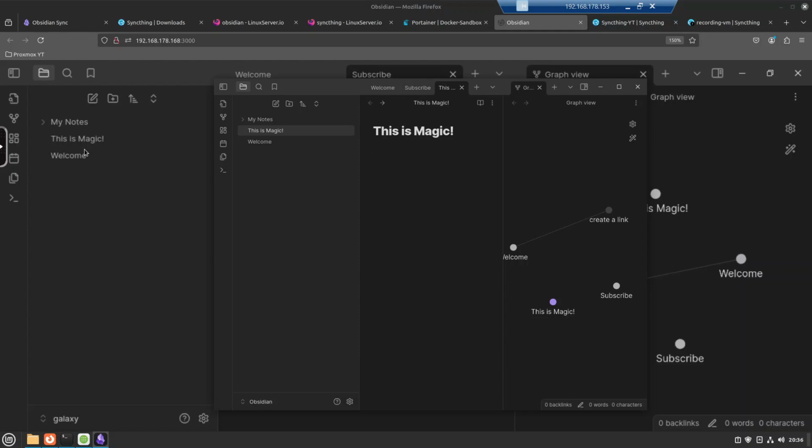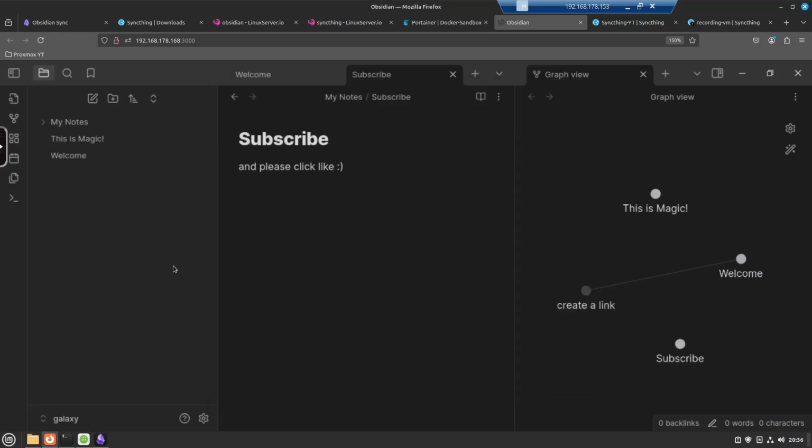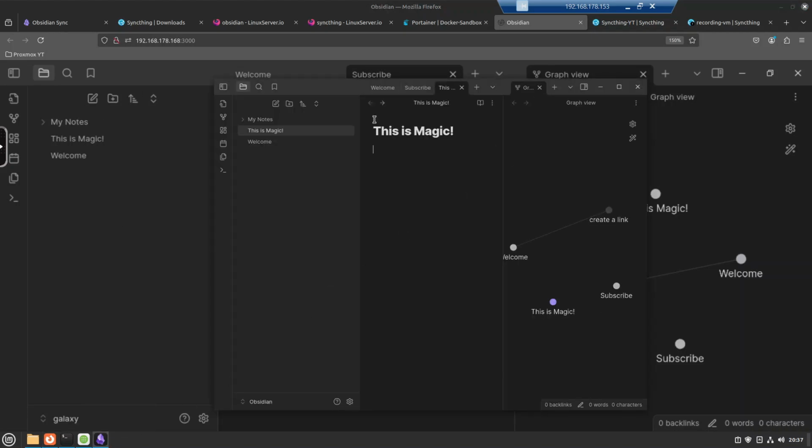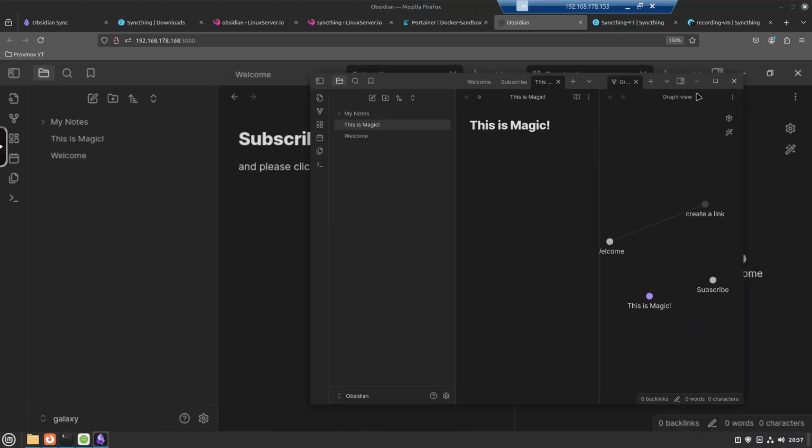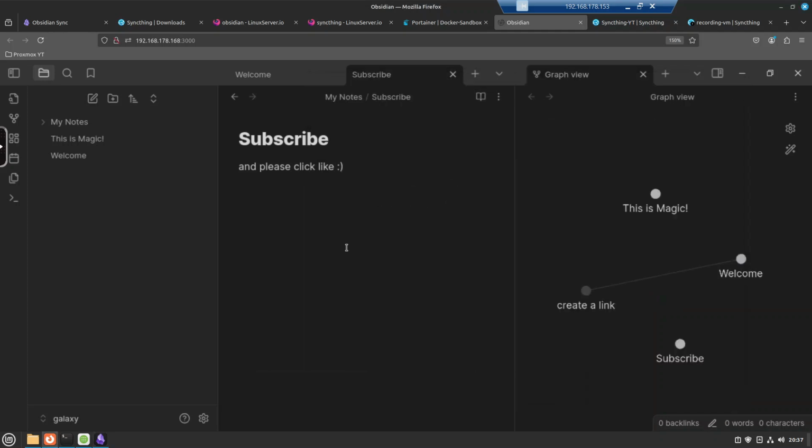So we have Obsidian running as a Docker container, and we have SyncThing running as a Docker container, which makes all this synchronization happen free of charge. Before I go, I want to show you a couple of things. First of all, in any Obsidian, that could be just software on your Windows, software on Linux, on a Mac, or even a phone,